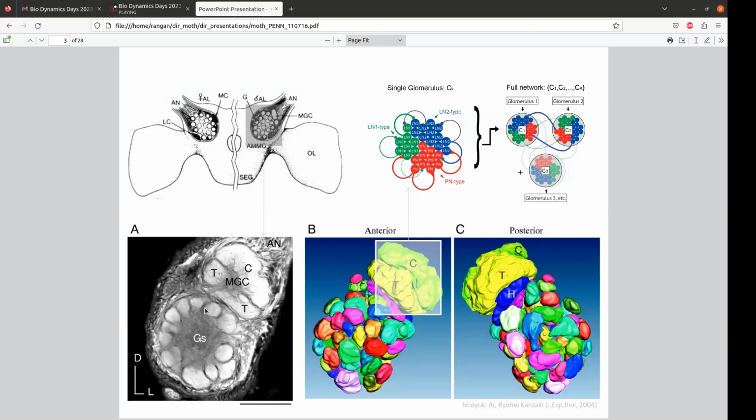Now, I mentioned that the local neurons are inhibitory, and that's because of many physiological experiments that were conducted between pairs of neurons in the antennal lobe. It's kind of difficult to do this because you have to carefully patch clamp record two different neurons and hope that they connect to each other, and see what happens when you stimulate one and measure from the other. When people have done that, they found that the majority of local neurons seem to be inhibitory with regards to their effect on the projection neurons,